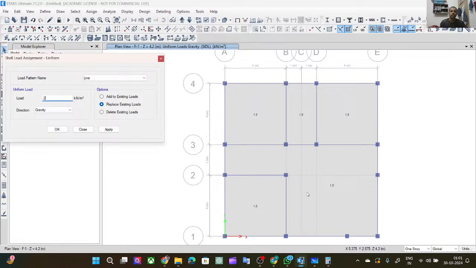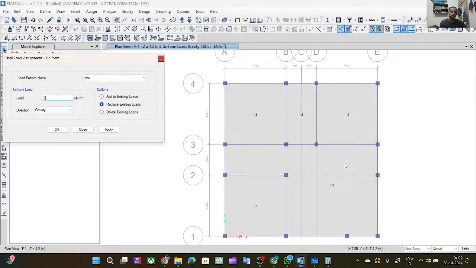If I want to make any small wall in these sides, I want to change something in these regions, so I can add extra super dead load on your